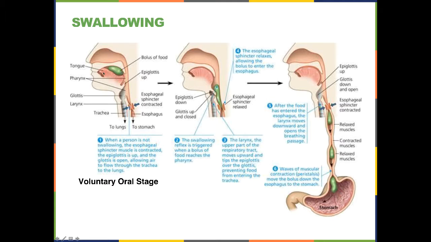Now, during this time, while they're chewing, the esophagus is shut off and the air opening is open, the epiglottis is up, which is why while you're chewing and before you start to swallow, it's important not to speak or take in air, because you can take the food right down into your air path and get choked. And then once this is well chewed up, the tongue propels it to the back, and this is the voluntary